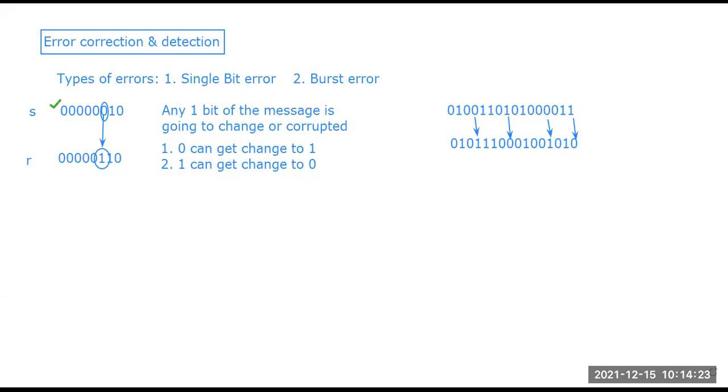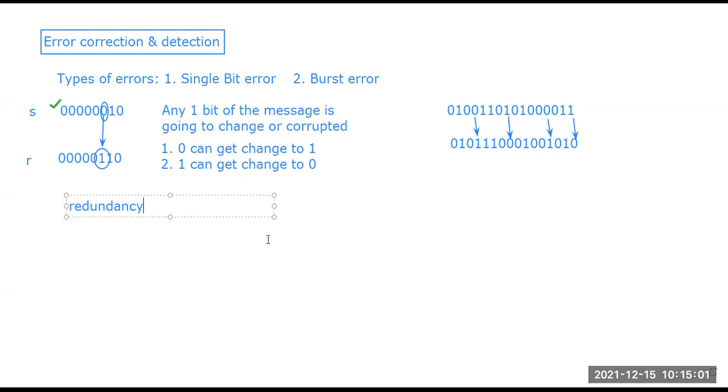So these two types of error are actually present. One is known as single bit error, and another is known as burst error. Now, the next part is known as data redundancy. The next part that is incorporated with this particular topic is redundancy. This term was already known to you in your fourth semester when you studied database management system. I hope all of you remember the term data redundancy.